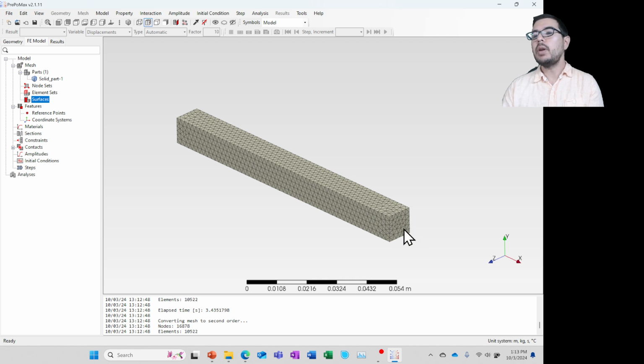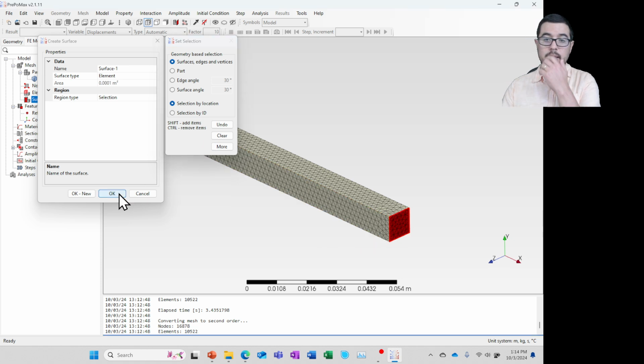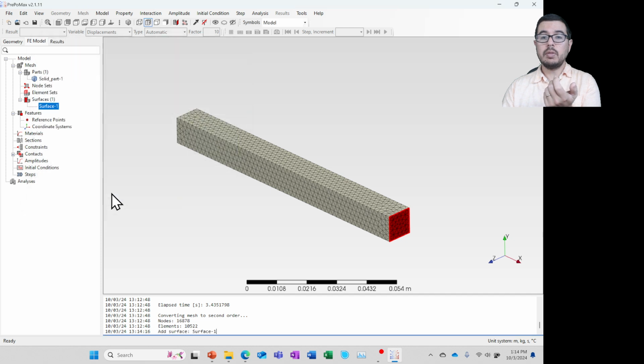So what I'm going to do is define both a point at which I apply the load, and the surface that's essentially connecting all these nodes to each other. So we'll go ahead and create a surface, and select this face right here. You can see that it went orange, and now it's created. It's called Surface 1 right here. I hit OK. And then we're going to put a reference point